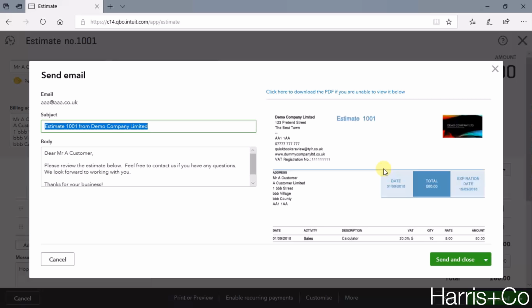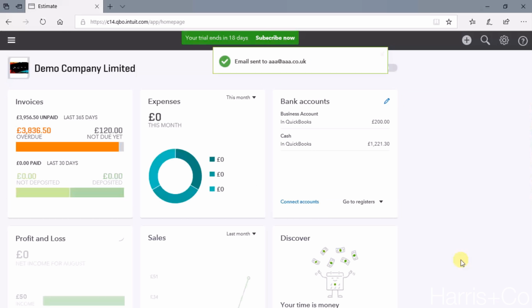So your customer will hopefully open up the attachment, the PDF, and this is what it will look like for them. So all that's left to do is press send and close, and that email is now going to leave QuickBooks servers and it's going to be sent to your